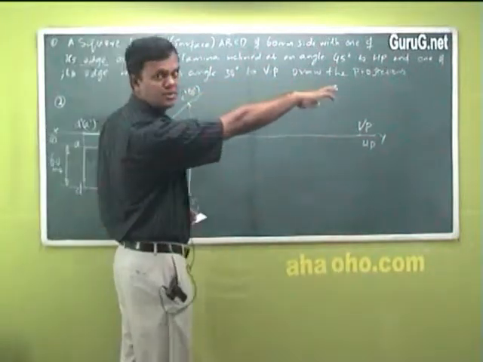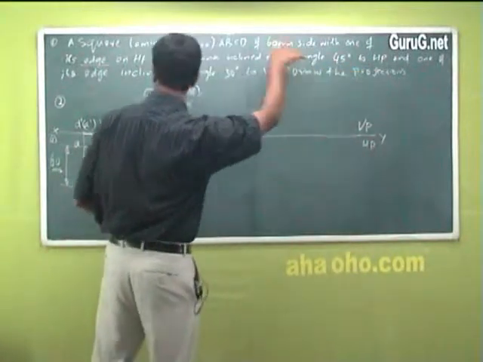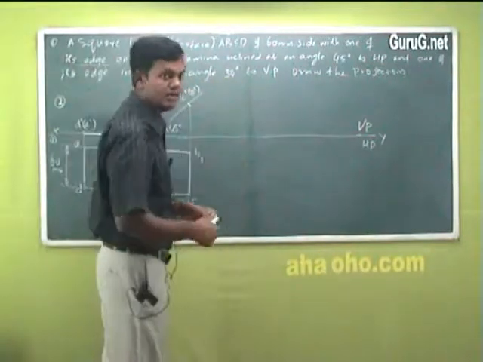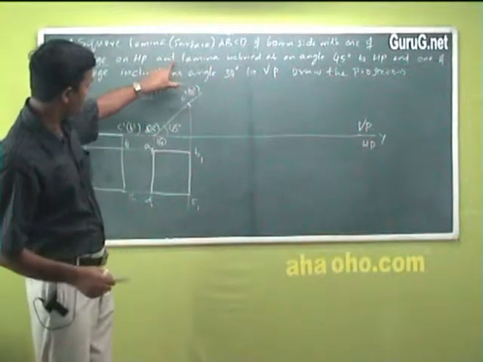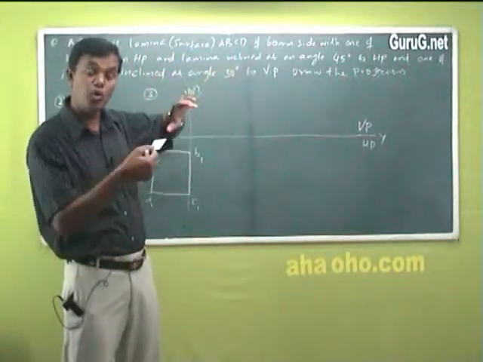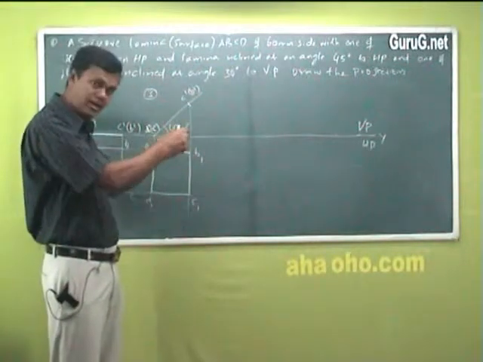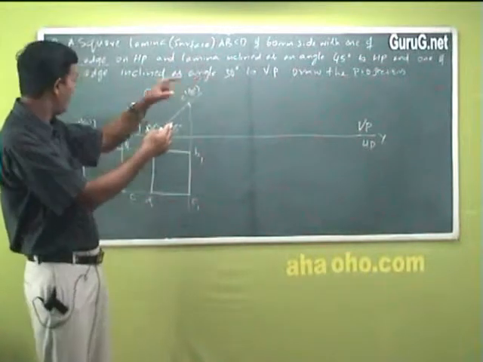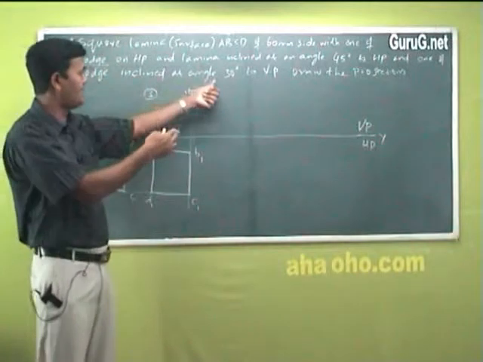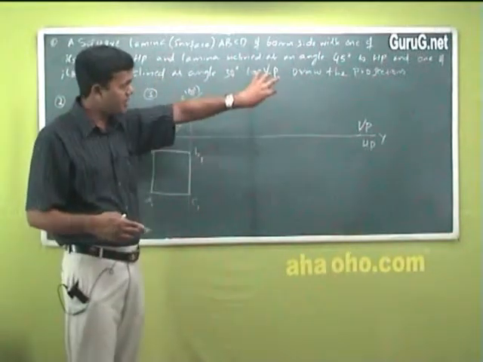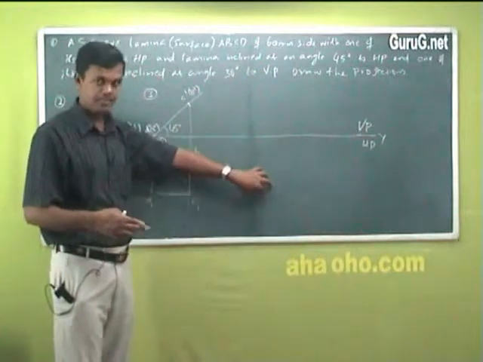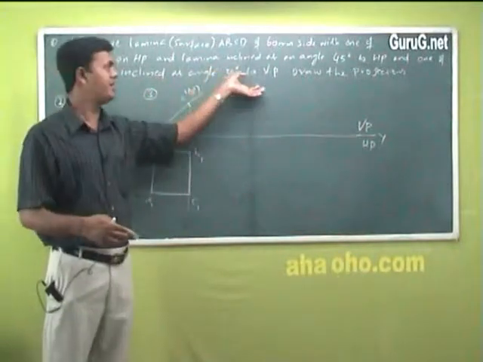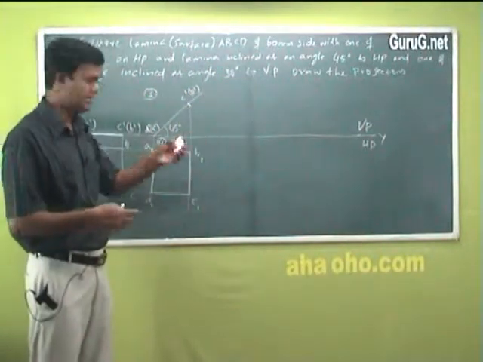Now, the other condition of this question is what? 45 degree to HP and one of its edge, again one edge, inclined at angle 30 degree to VP. See, the difference is, here the first condition is the lamina inclined. Lamina means whole body. The whole body is inclined at 45 degree to HP. This is the first condition. The second condition says, one of its edge is inclined at angle 30 degree to VP. We know that whatever the inclination with respect to VP, we are drawing it on HP. That is the base. But how to make only one edge inclined at 30 degree to VP? How will I make it now here? That means a single edge.